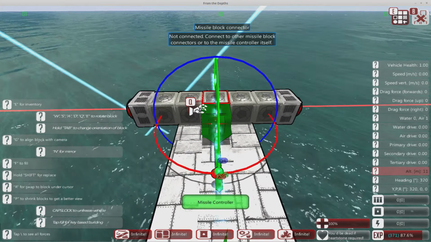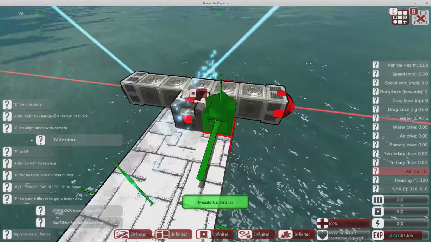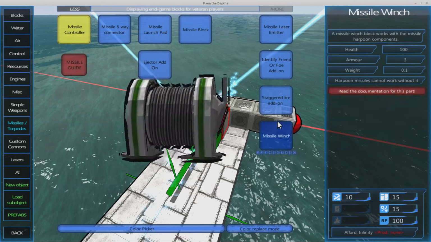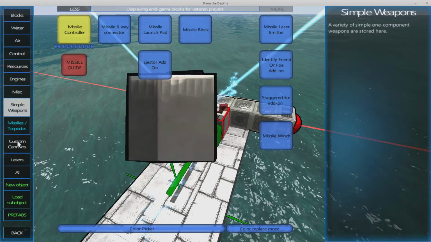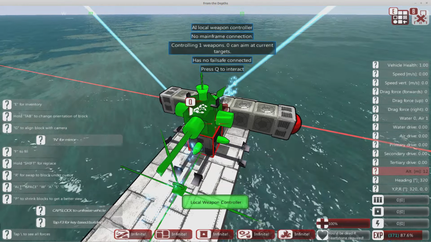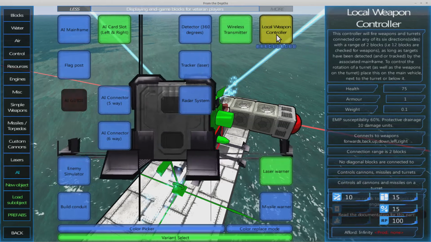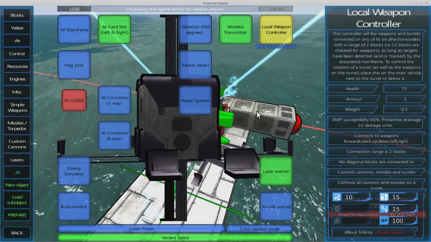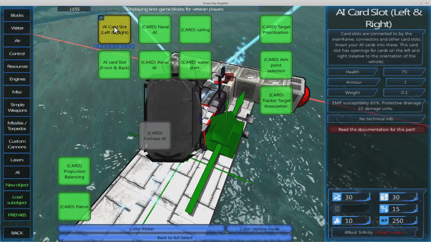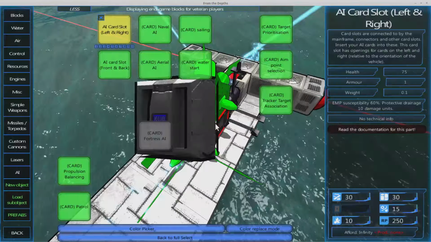Oops, come on, get up there. There we go. Having a moment with my keyboard controls. So I put that there. We shall put in a weapon controller. And we're going to put the AI straight onto this. We're not going to have multiple AIs on this. We're going to make this a fairly simple system,